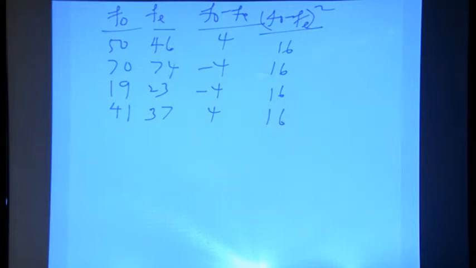And then next is FO minus FE, the whole square divided by FE. So, you divide the whole thing by FE, and when you add it you get chi-square. So, divide everything by FE, 16 divided by 46, and when you do that you will get here point,